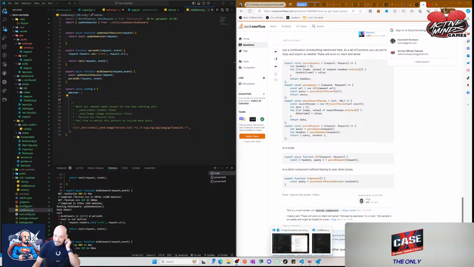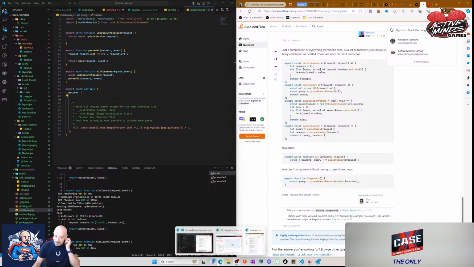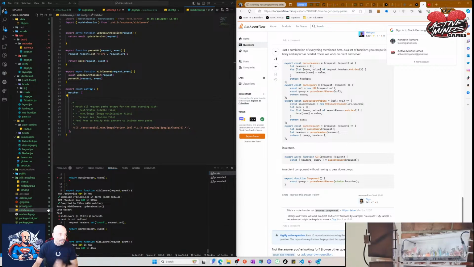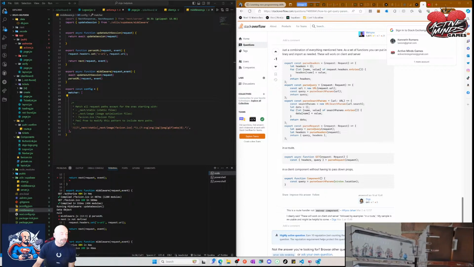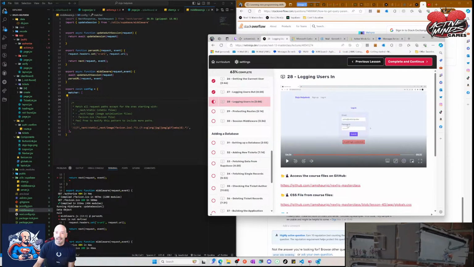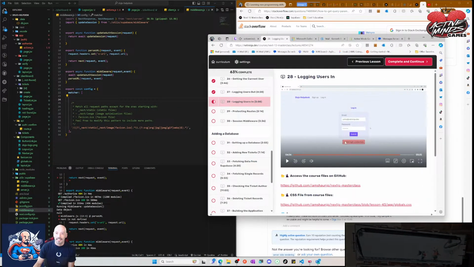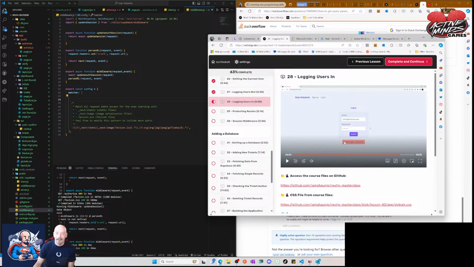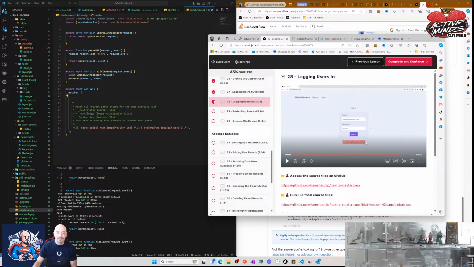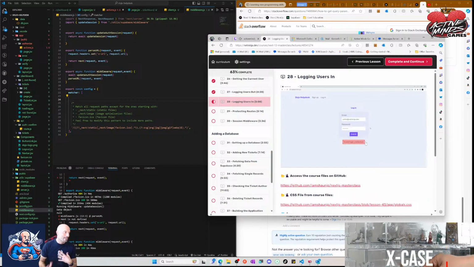So I'm just giving you a little background as to what I'm doing and why I'm doing it. This is what I'm trying to replicate. When this person logs in and gets an error, it shows a cool little error at the bottom: invalid login credentials, in a nice little red box. I got the formatting down easily enough, but